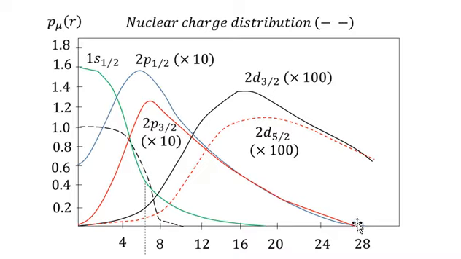And of course, at a distance of 28 into 10 to the power minus 15 meter, you cannot find this muonic atom to exist in this state around the lead nucleus. Now there is another muonic particle with a state of 2p3 half. And again, this curve should be multiplied with the value of 10 also. And again, you can see that it has a peak value very close to the